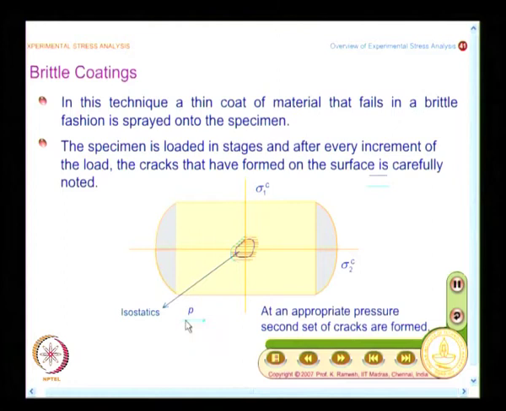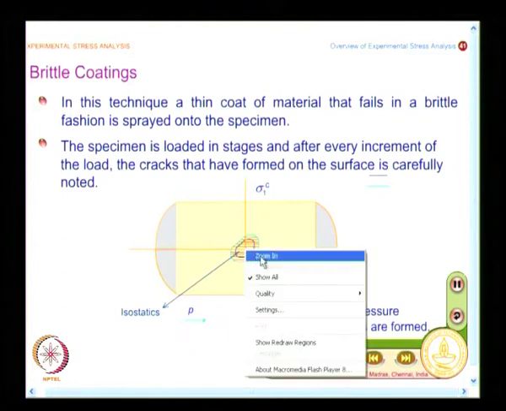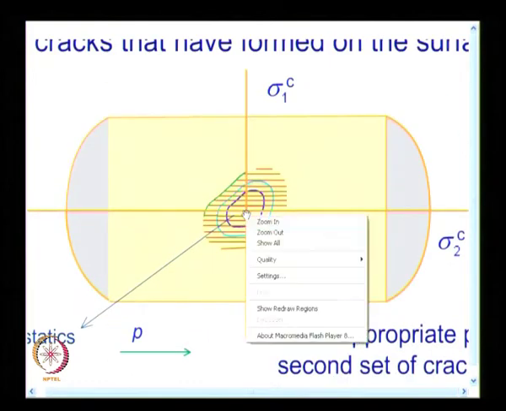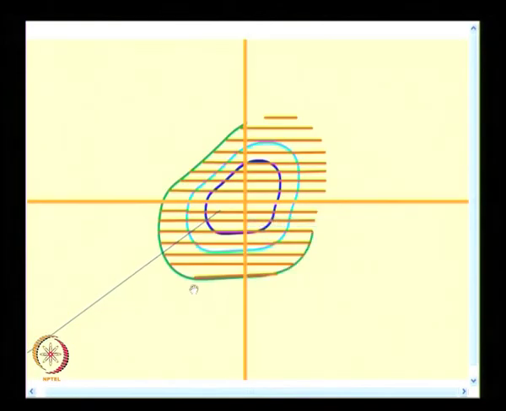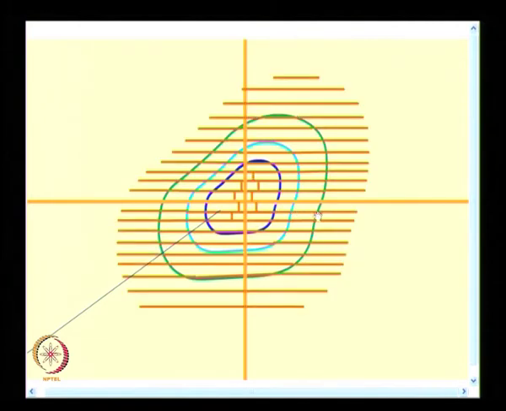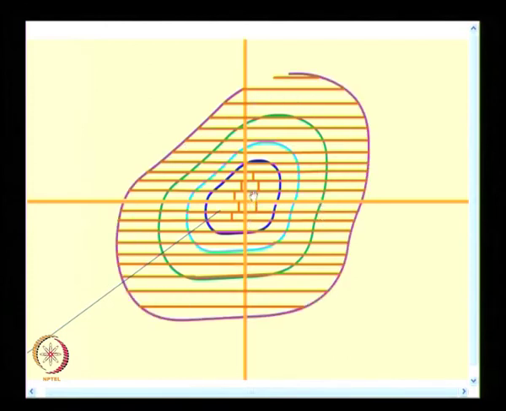So, what you find is the pressure is increased, you have second set of cracks formed, and we will see this very closely now. So, what you find here is, I have increased the pressure. So, for each one of these ends of cracks I note a different color, and at this stage if you are very careful, you would also see there are cracks perpendicular to the original cracks that have also appeared, and I also mark an isoentatic around them.